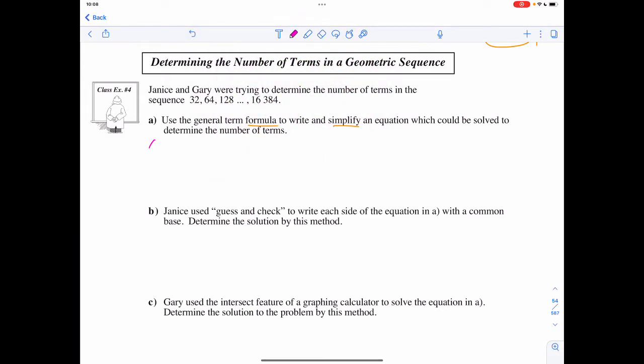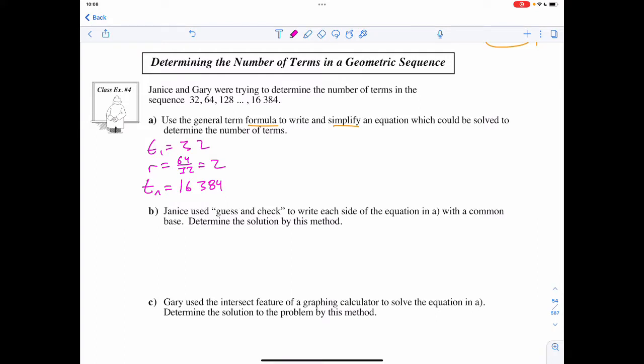If I know that my first term is 32, my common ratio is 64 over 32, or just 2. And my final term value is 16,384. Then I can say that if the value of any term is the first term times r to the power of n minus 1,